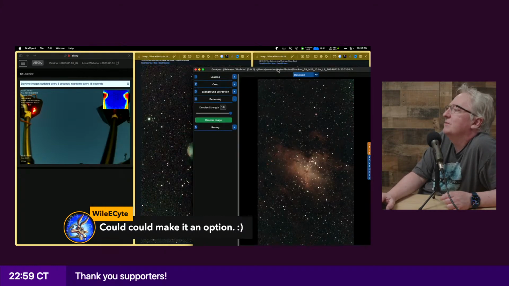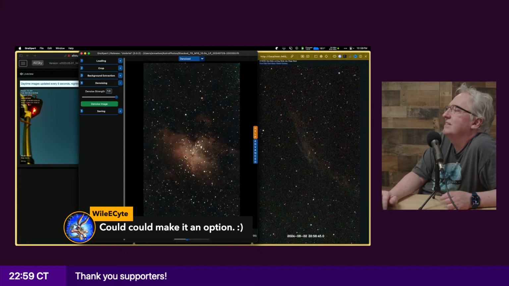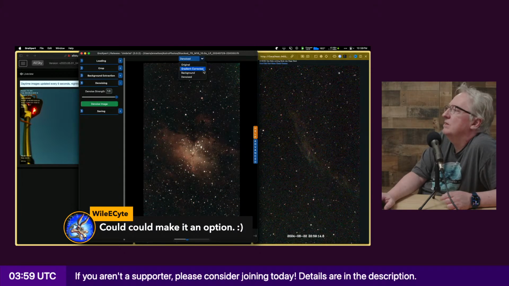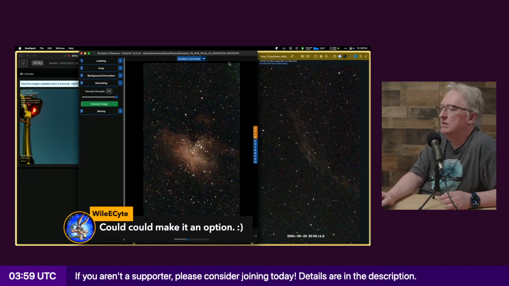Can you imagine? To denoise it on the fly, but that was way too slow. To go from this to that on a live stack, that would be amazing. But at the very least, I could do the gradient removal, which would be nice, because even on this image, it cleans it up.